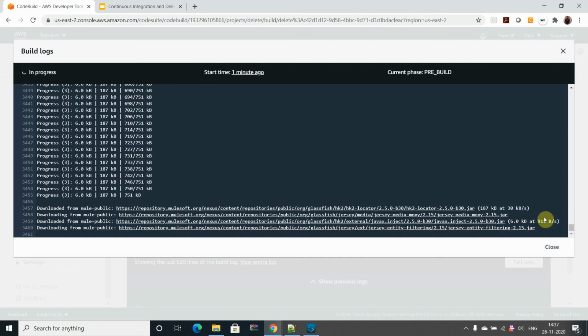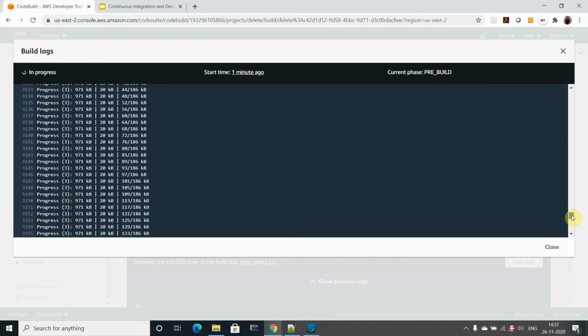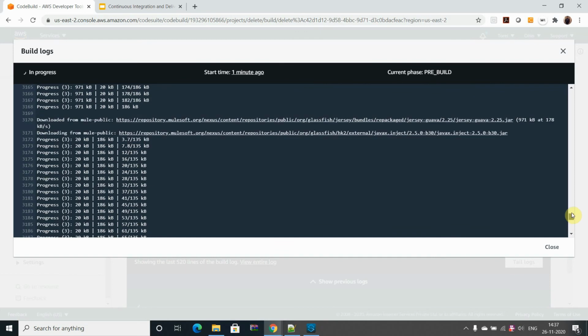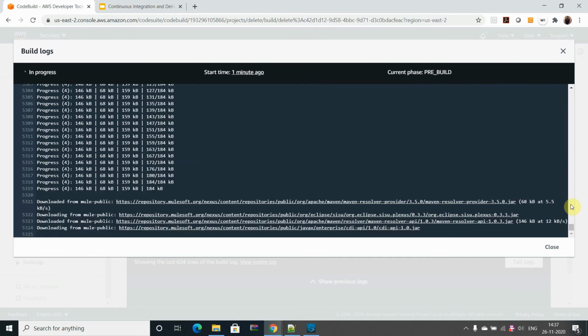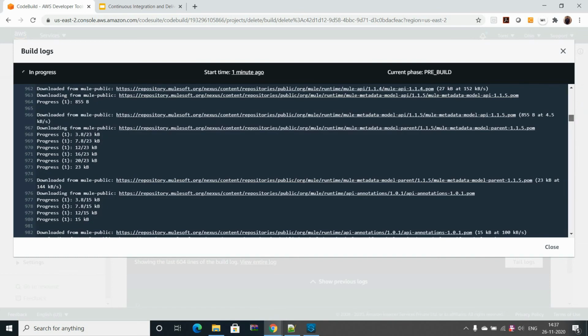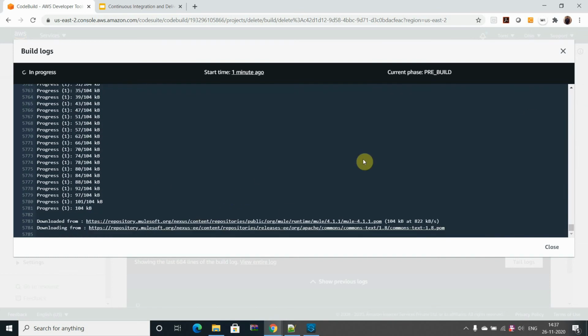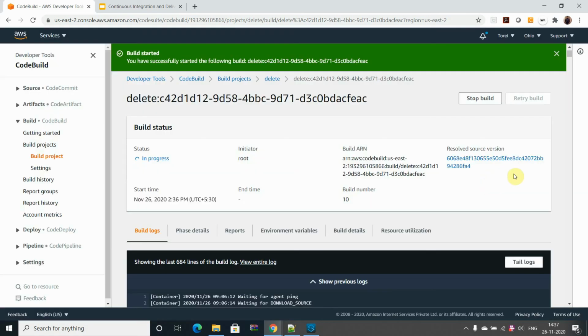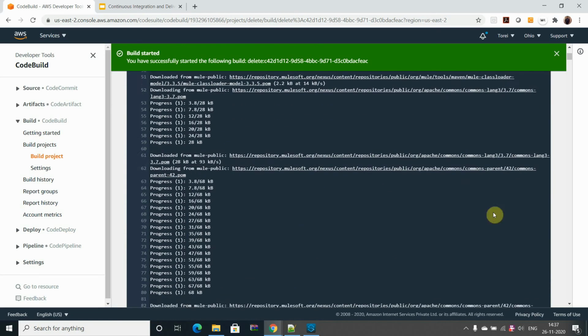It's right now in the pre-build stage. It started downloading after about a minute. Let's wait for it to complete. You can see the stage is in progress right now.